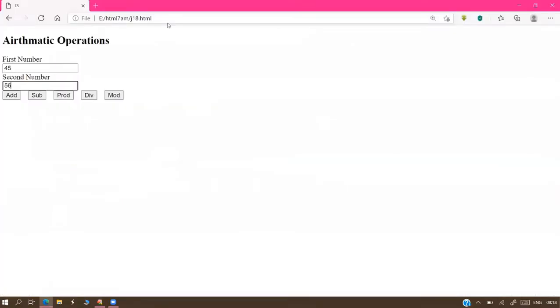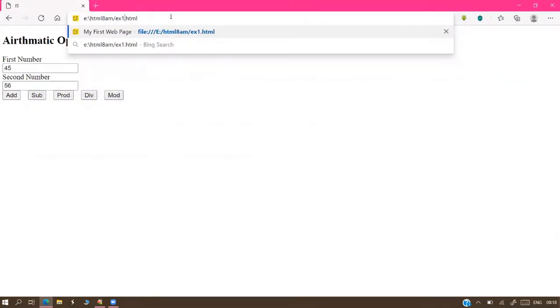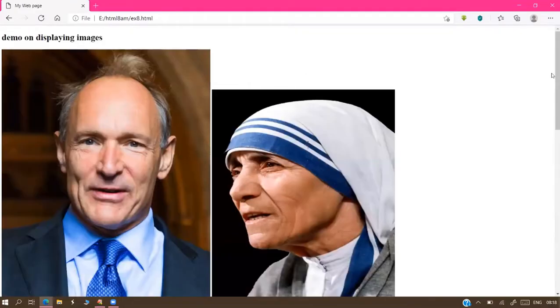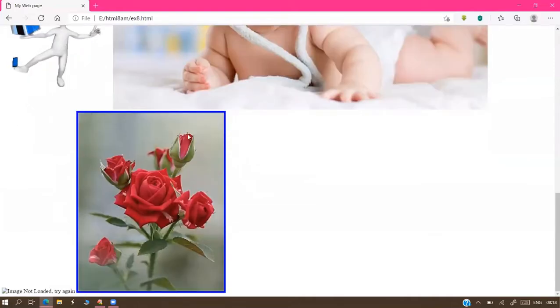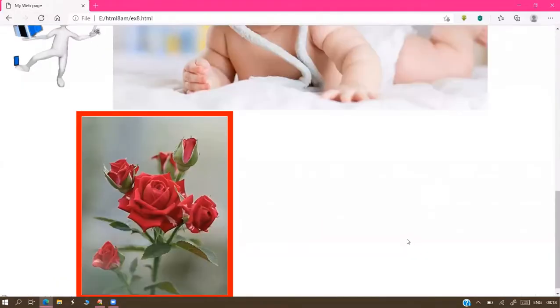Now we'll get the image with a blue color border. Actually, for the rose flower, a blue color border is not available; we just created it. That is a thickness of 5 pixels, solid meaning a straight line, and blue color we applied. You can change anything. I need more pixels, sir? 15 pixels. I need some red color? Whichever line you require, we can apply. There is no problem.